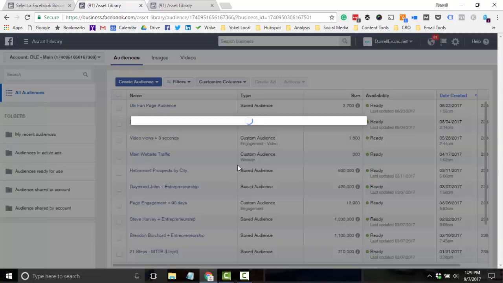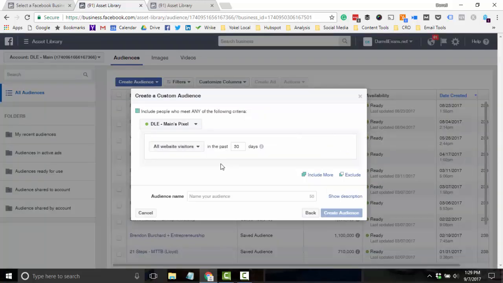Now, what's cool about website traffic is when we talk about the Facebook pixel, right? In another video, you're going to learn about the Facebook pixel. The Facebook pixel is very similar to a Google Analytics code that goes on your website that then will do very similar things that Google Analytics tracking codes will do, which is track all the visitors to your website. Okay, and then you'll go in and you'll name the pixel. You only get one pixel per account. You don't get 2 of these, you don't get 5 of these, you get 1 of them, just like a